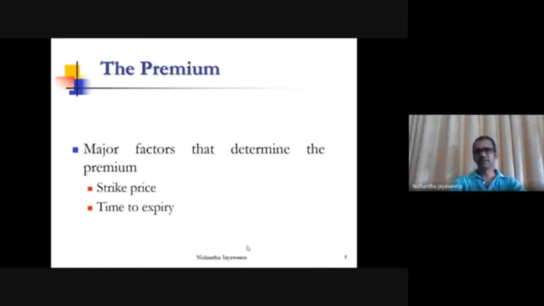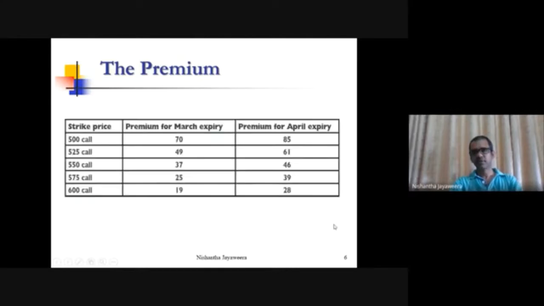The two key factors which have an impact on the premium of any option are the strike price and the time to expiry. Not only these, there are some other factors. We'll come to that later, but initially it's better to understand the impact of strike price on the premium and time to expiry on the premium. So this is an example. Whatever the underlying asset, it doesn't matter. Different strike prices